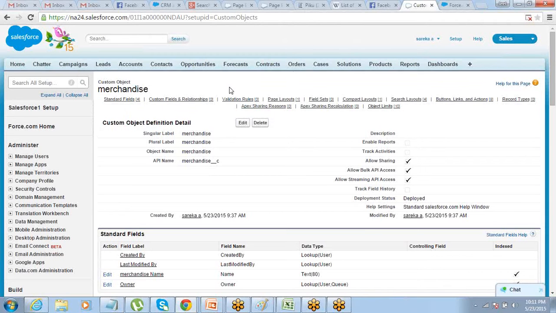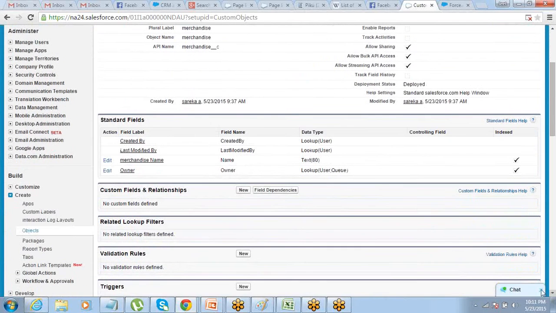By default, you will see that there are 4 fields already listed on this object: created by, last modified by, owner, merchandise name.